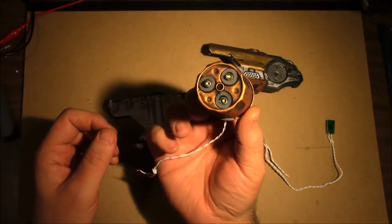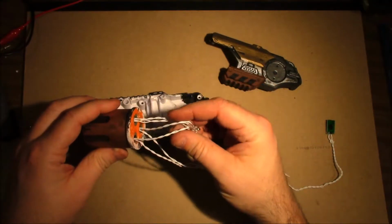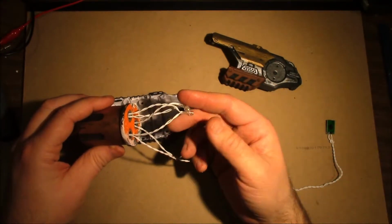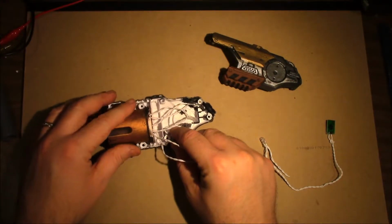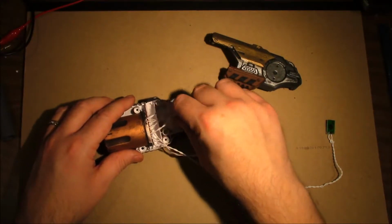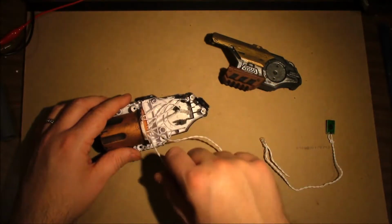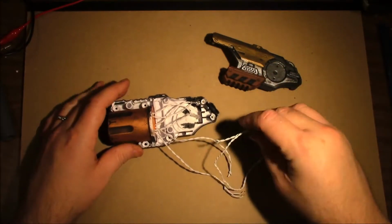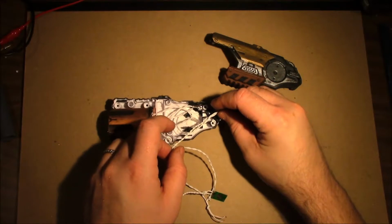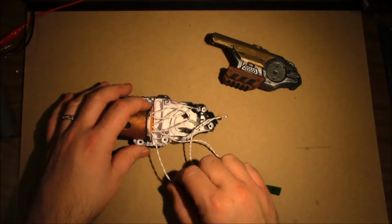So I got the 3 LEDs in the cylinder right now. I'm trying to figure out how to fit everything in here. These are not really needed, but I don't want to cut them off because I have to resolder the wires back together, and that's just something I'd rather not have to worry about right now. I only need one of these to power it, so let's take that one out. And then I want another one to come in back here. So actually this one can go over here